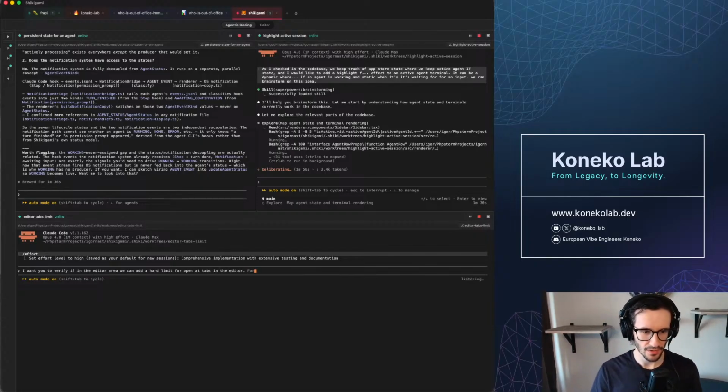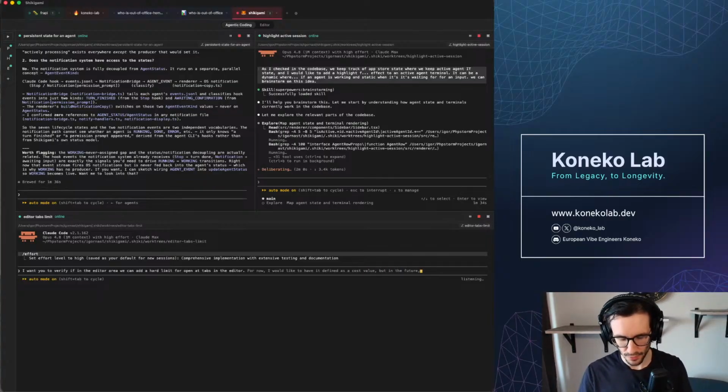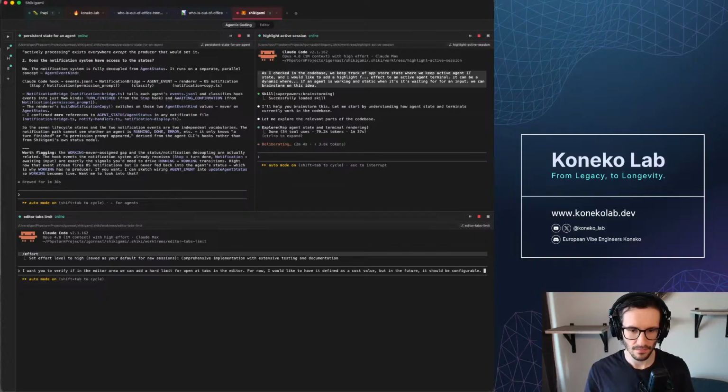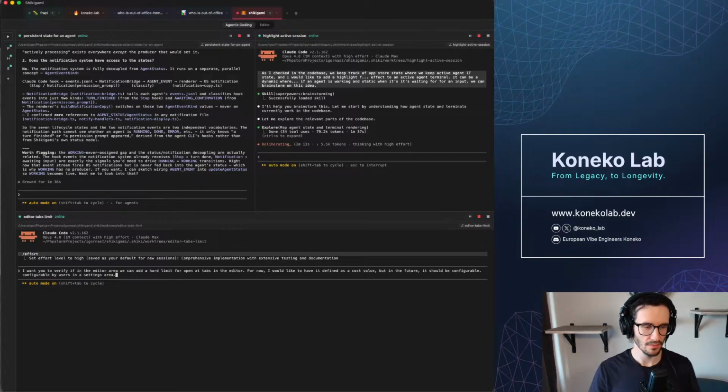For now, I would like to have it defined as a const value, but in the future, it should be configurable by users in a settings area. We don't have that yet. Well, we do have, but it's very basic.